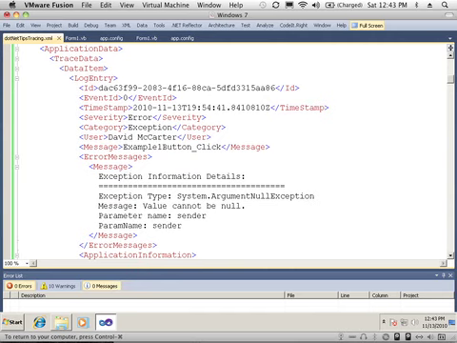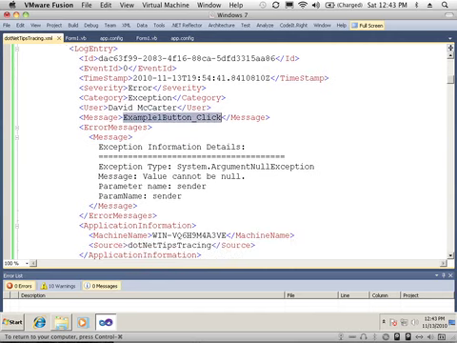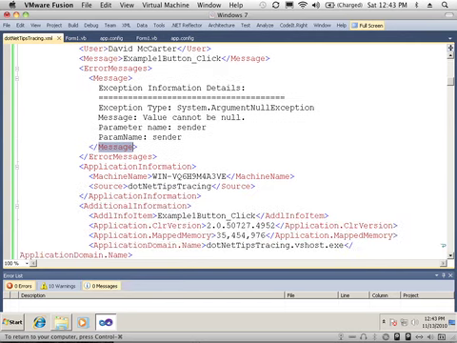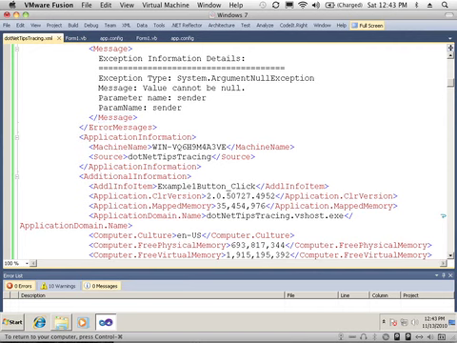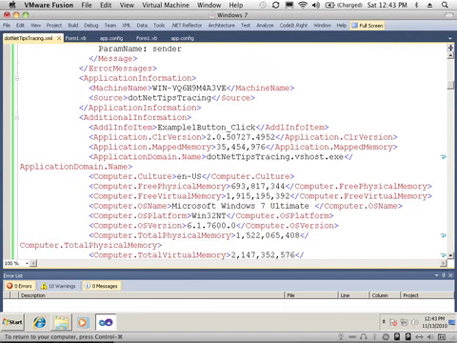So we have the normal things. Here's the message, and here's the error messages. And if there's more, there'd be multiple message elements here. So it logs the error message right here. And then we have our application information, which you saw before. But here's all the other stuff I log,